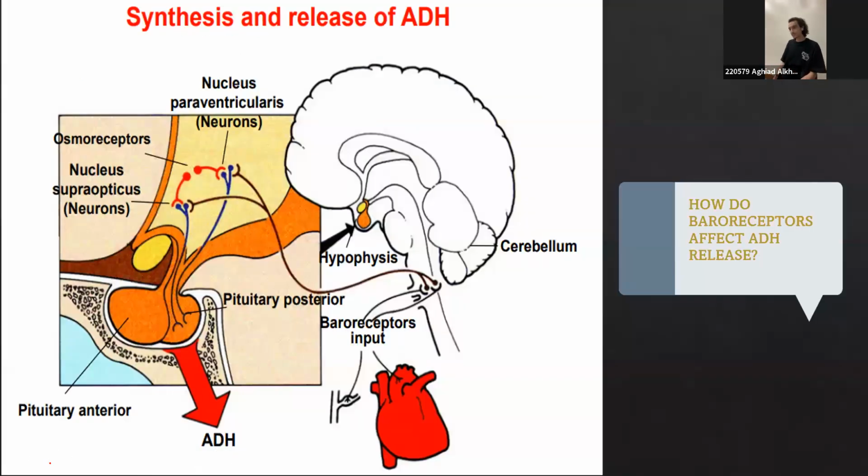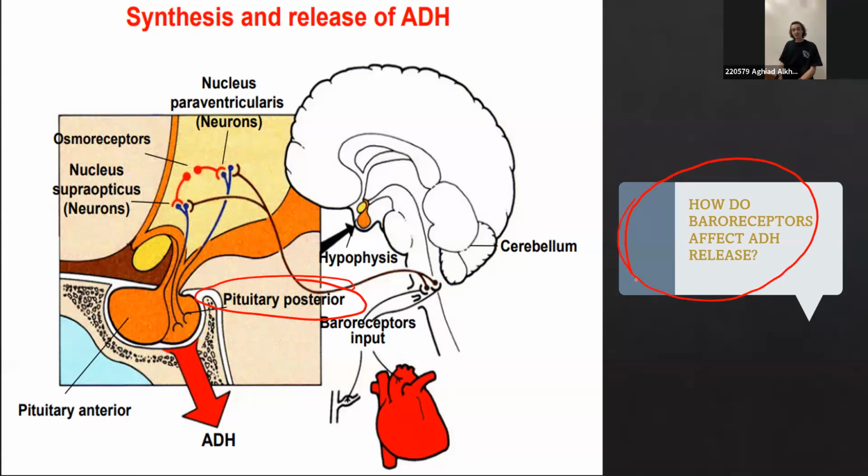Now, synthesis and release of ADH. It is stored in the posterior pituitary. Now, it's synthesized in the hypothalamus. What we really want to know here is the effect of the baroreceptors on the increase of ADH